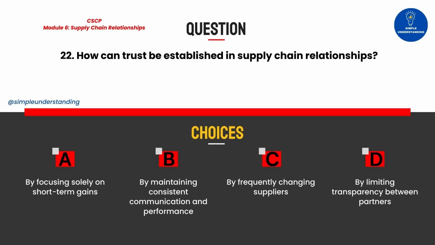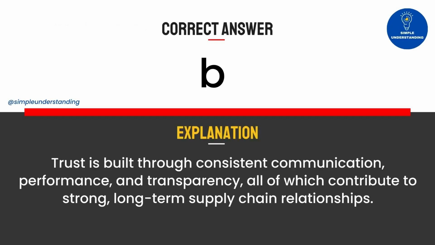22. How can trust be established in supply chain relationships? A. By focusing solely on short-term gains. B. By maintaining consistent communication and performance. C. By frequently changing suppliers. D. By limiting transparency between partners. Correct answer: B. Explanation: Trust is built through consistent communication, performance, and transparency, all of which contribute to strong, long-term